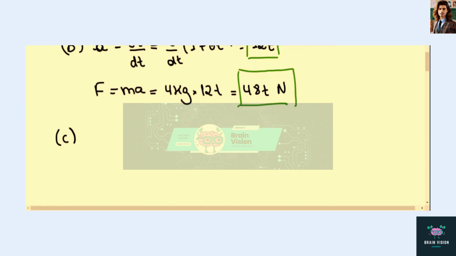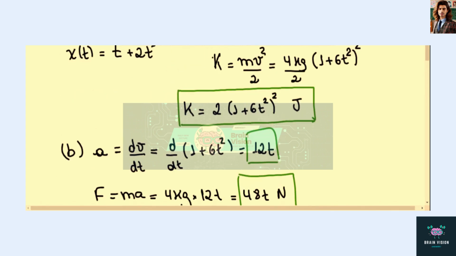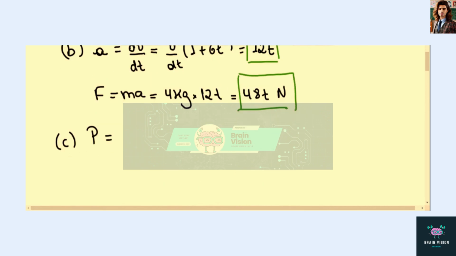Then in question C, we have to calculate the power delivered to this object. So notice that the change in energy of the object is the change in kinetic energy because the energy of the object is the kinetic energy. So the power will be the change in kinetic energy. Now remember that the kinetic energy is equal to 2 times (1 plus 6t squared) squared. So this is 2